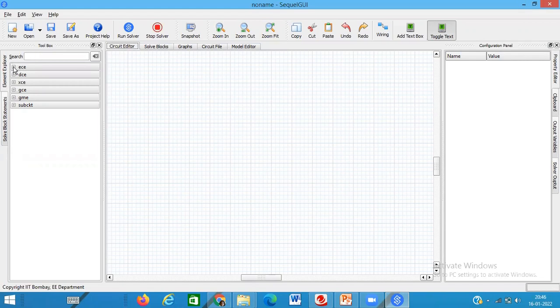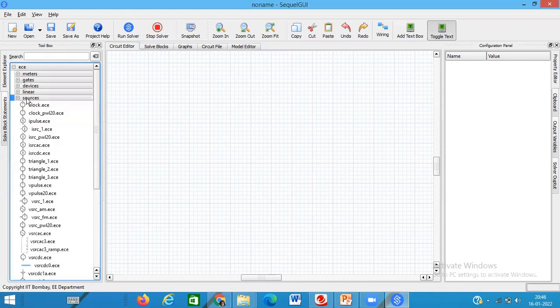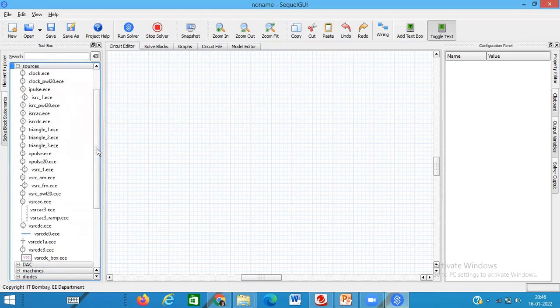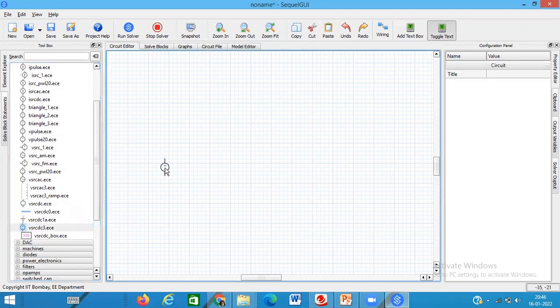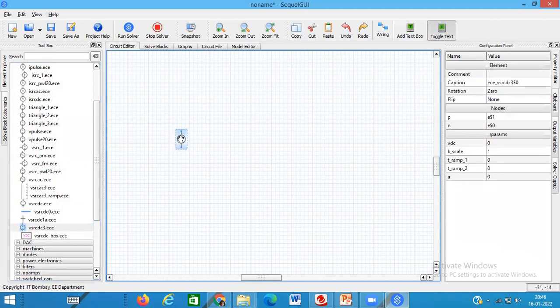Here you can see in the sources, you will find the DC source. So here you have the voltage source. Click once over here, and we'll take this as your VSRDC3. Then double click in the editor, and you will get the voltage source.